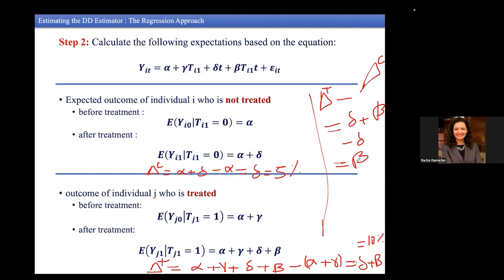The difference in difference coefficient shows me the impact of any specific program or policy on the outcome variable of interest. In the case of difference in difference, it's simply the coefficient of the interaction term. Why? Because if we calculate the expected outcome of an individual who is not treated before and after the implementation of the program, and we calculate the difference, then we use the income of someone who is treated, calculate its expected income before and after the implementation of the program, and calculate the difference, the difference in this difference gives you the coefficient of the interaction term. So simply,